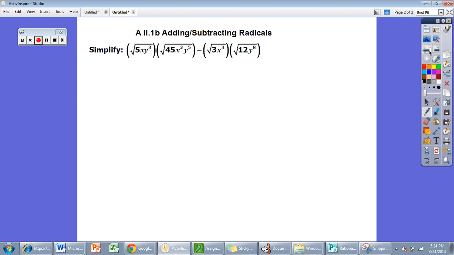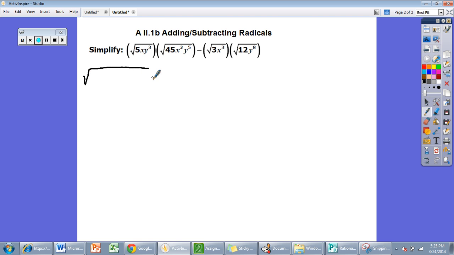Now we're going to go ahead and take a look at a little bit more complex problem. This actually involves multiplying our radicals and subtracting. So you're going to multiply these two radicals together first. Multiply these two radicals together. Then we're going to simplify. Then we're going to subtract. So I'm going to multiply